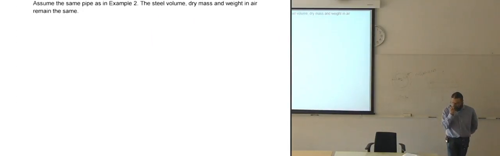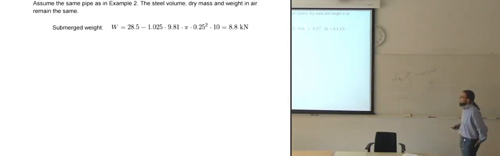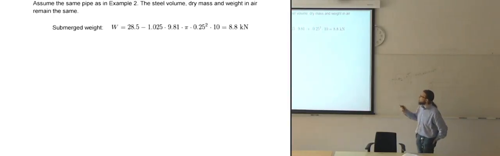So if we assume the same pipe as we just looked at, so we're keeping all of the values that we just had, all of the volumes that we've calculated. Then we look at the submerged weight of it instead. So we get 8.8 kilonewtons,